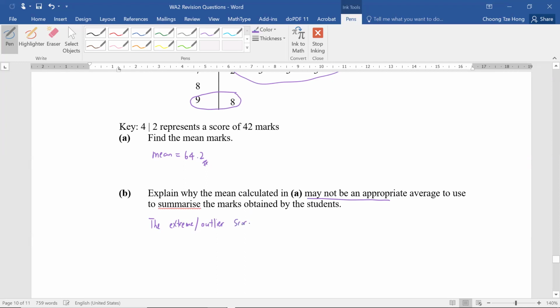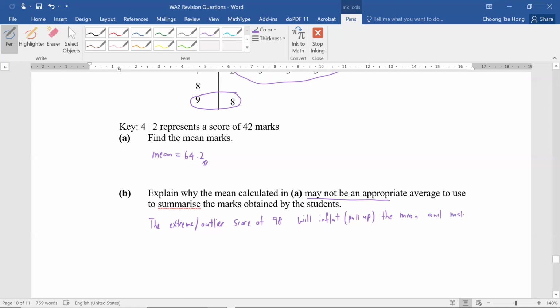Score of 98 will... Okay, so I like to use the word inflate. Inflate also stands for pull up. If it pulls down, then you just say lowers, or pulls down. Or pull up will inflate the mean